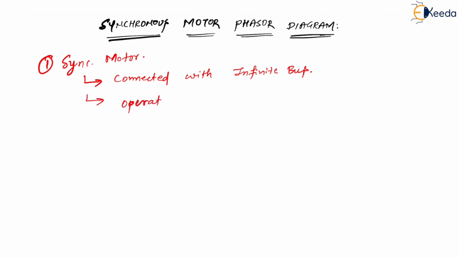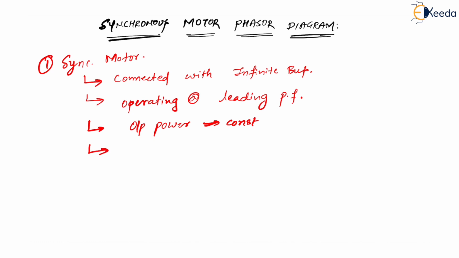at leading power factor this time, not lagging, leading power factor. Remember this. Let me do it with the leading power factor case. Third is what? Motor output. We are trying to keep the motor output constant. Output power we will keep constant, and we will vary the field so that we have excitation control, variation in excitation. So we can definitely have the field current If as a variable.